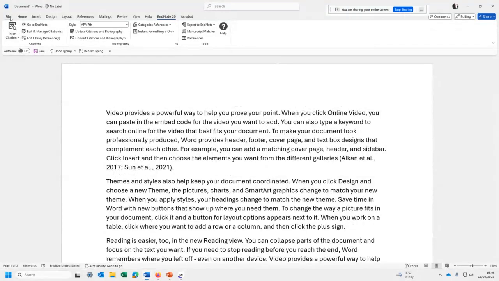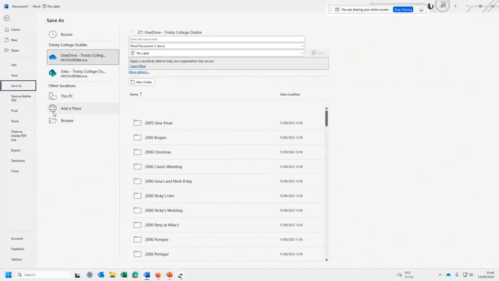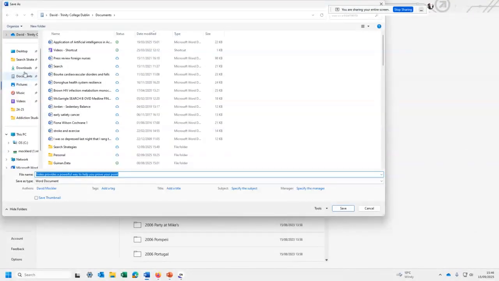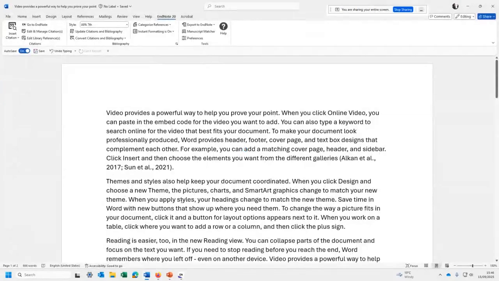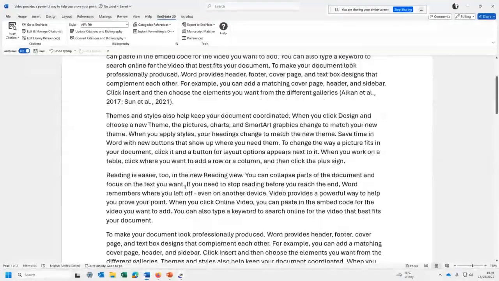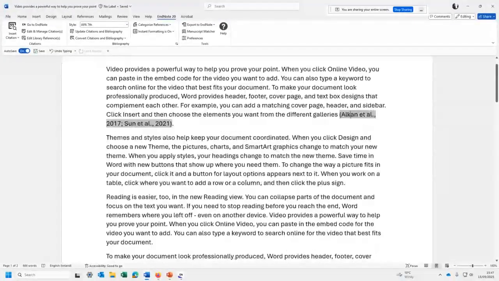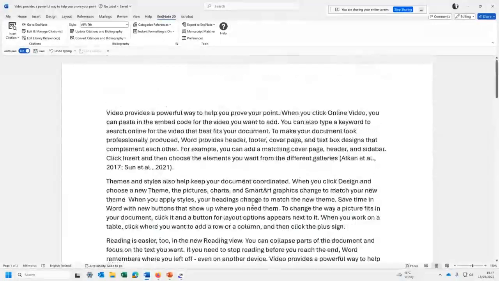Okay, now I'm going to save this onto the desktop. Okay, so that's now been saved onto the desktop. Now, the reason I'm saving it onto the desktop is, if you send this to somebody else, for instance, they don't have access to your library or EndNote, sometimes the document may not appear quite correct. So in that instance, you may just want to send a plain Word document. So you might send it to your supervisor, or maybe you're getting your thesis bound and you just want to send a plain Word document, and that's perfectly okay.